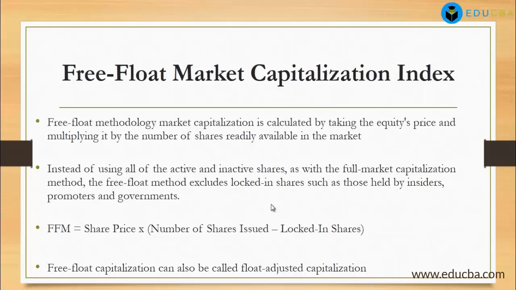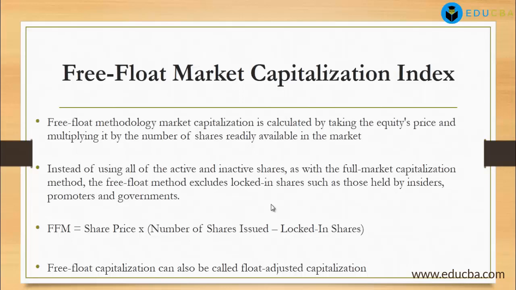So instead of using all of the active and inactive shares as with full market capitalization, right? In full market capitalization, all of them are taken, even though they're active or inactive. All shares are being taken. Now in free float, we only take those shares which are readily available in the market or issued in the market, right? The free float method excludes the locked-in shares such as those which are held by insiders,